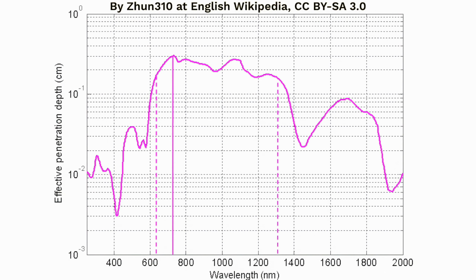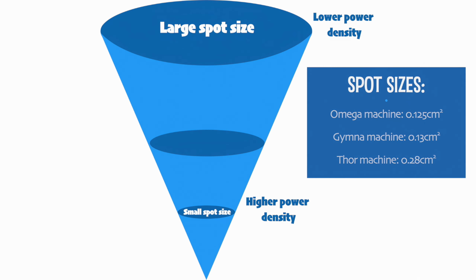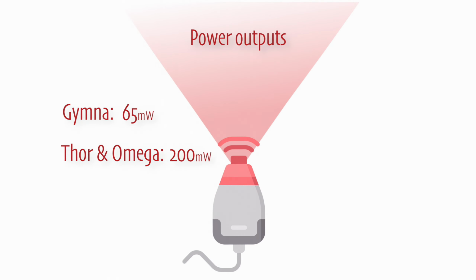So for this parameter, the machines that we have here are capable of producing lasers with wavelengths of between 600 and 1000 nanometers, which is associated with the depth of penetration below the level of the dermis into the underlying subcutaneous tissue. Their spot sizes range from 0.1 to 0.3 centimeters squared, and their power outputs are between 65 and